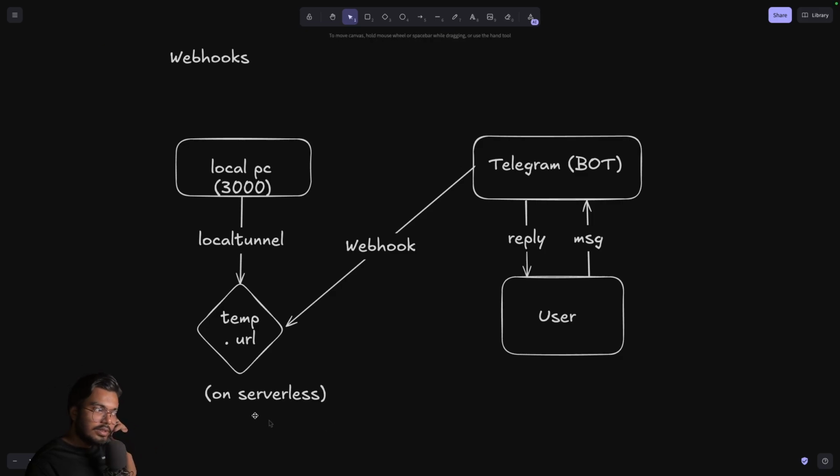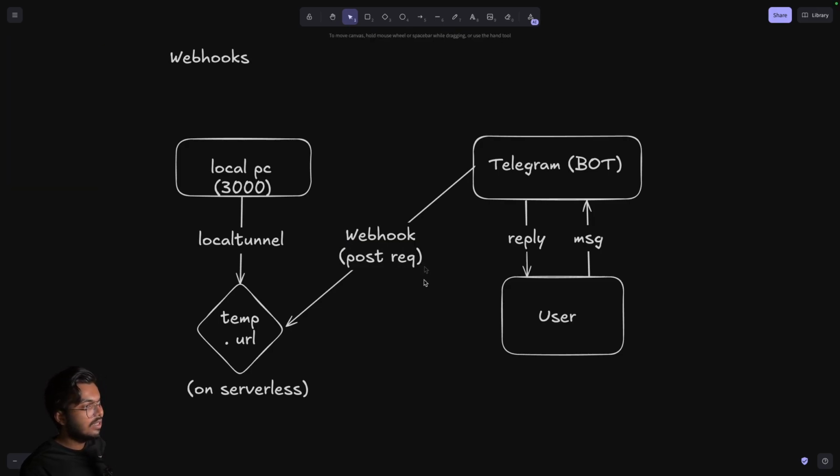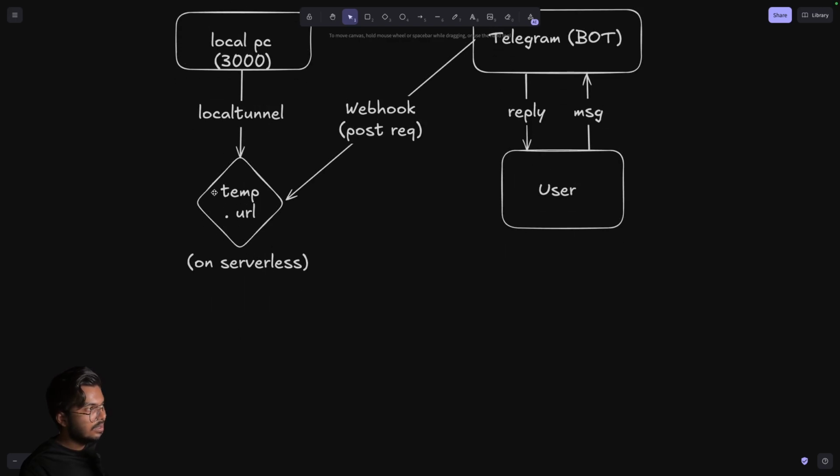Okay, so since this is running on serverless, it will not cost me anything significant. And it will be very fast, it will not be too slow. It is actually the optimal way. So Telegram will tell the webhook, using a post request, this will generally be a post request only. So this is a post request, and it will tell me that a new message has come, and now